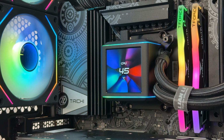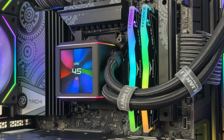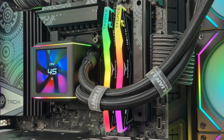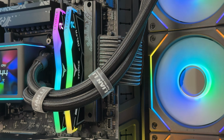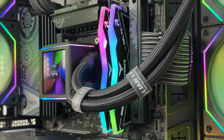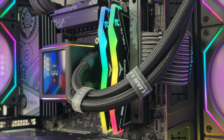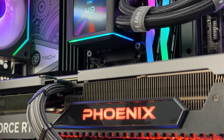You can't go wrong with Deltas from TEAMGROUP, and without a doubt they really do look appealing, even with the RGB turned on or static color or whatever you wish to have in your personal PC build. It's all up to you. But we also have some features when we're talking about the RGB: 120 degrees ultra wide lighting. It supports Intel XMP 3.0 for one-click overclocking, power management ICs equipped for, of course, stable, efficient power usage. Then we have a strengthened PMIC cooling design, on-die ECC, and